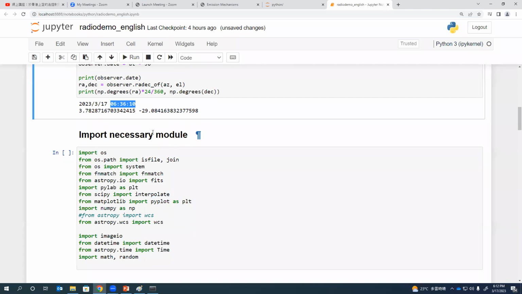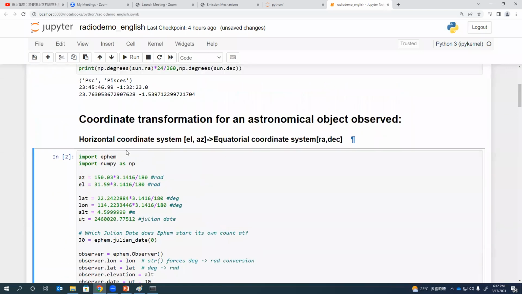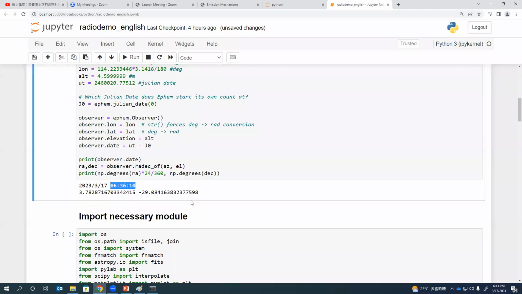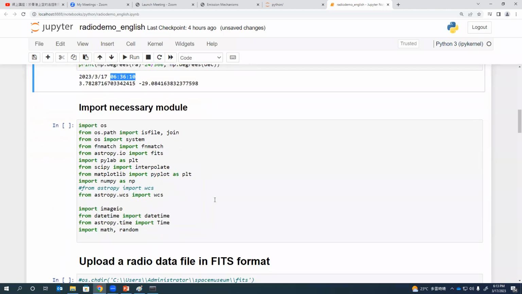At that moment, the sun's position changed from the so-called azimuthal coordinate system into the equatorial coordinate system. Okay, and next, we would like to